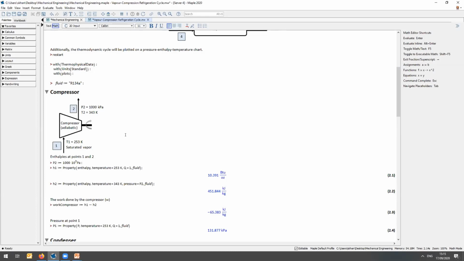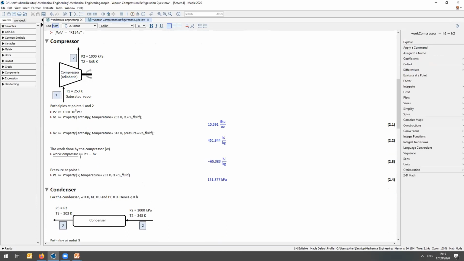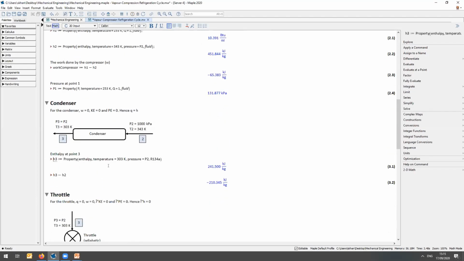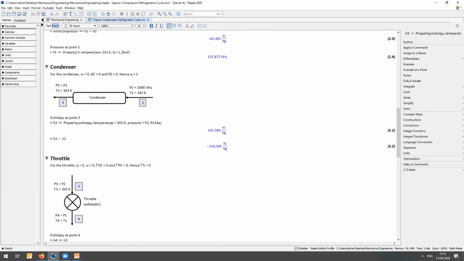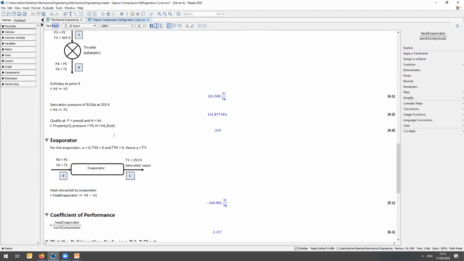One thing I want to point out is that I've used temperature and quality and temperature and pressure as states when I'm calculating enthalpy. You can use many different independent quantities as states, such as temperature and entropy and quality, and so on. Now, progressing through the other unit operations in the same fashion, I calculate the enthalpy in and out of the system. So the throttle, the evaporator,